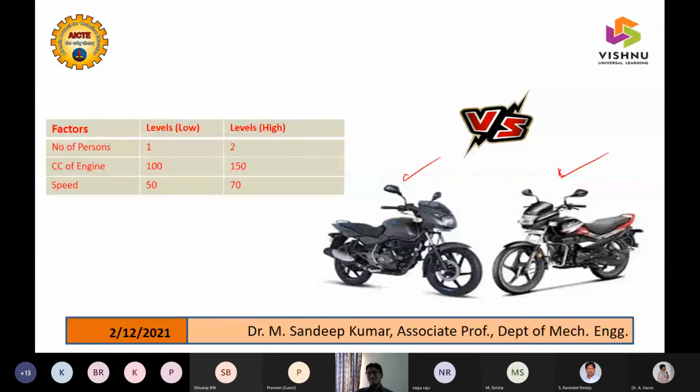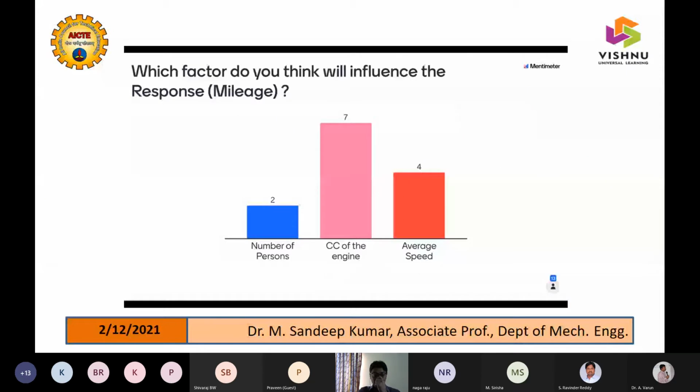But we don't have an approach by which we can say that this is good or that is better. This is what I was speaking about in the last session: what is the influence?